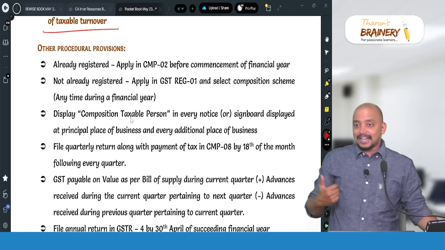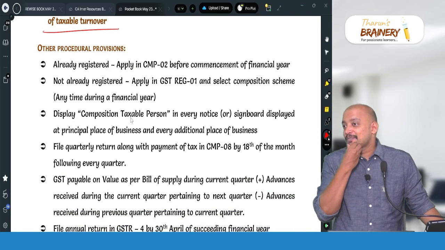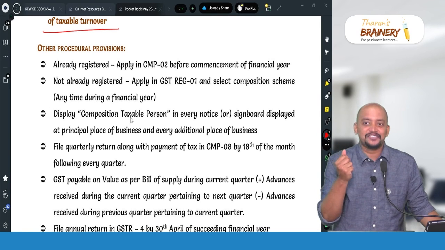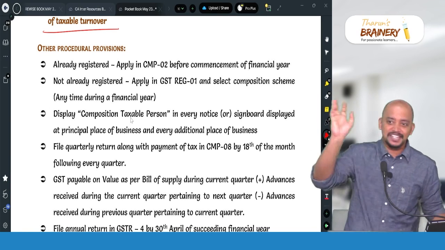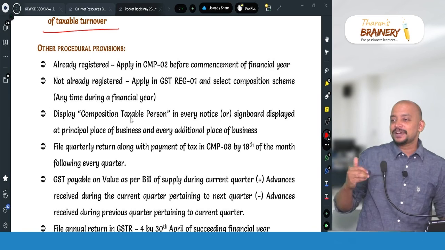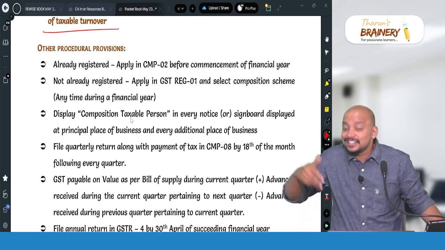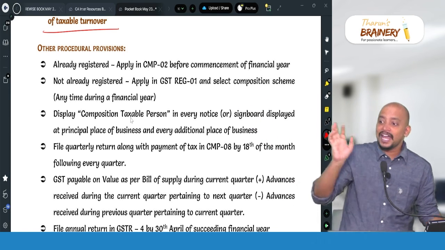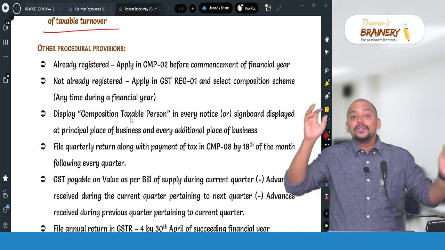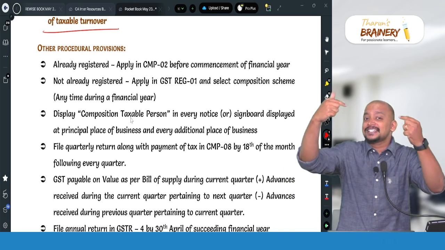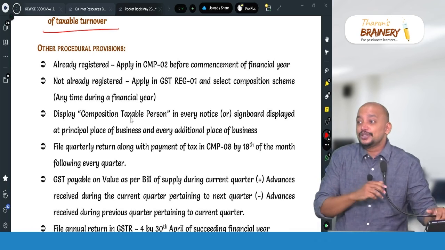Sir, interstate, I also read that maybe they were asking about interstate purchases, can I have that? So interstate purchases you can have, no restriction. Interstate sales only you should not have. Now in that case, whenever I need to pay GST under RCM, I need to pay at what